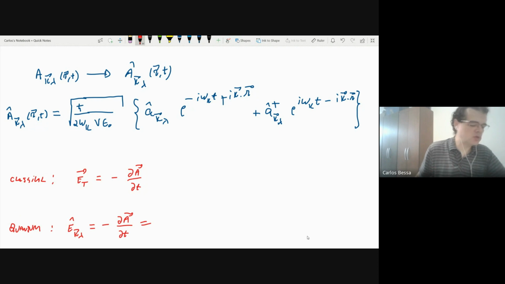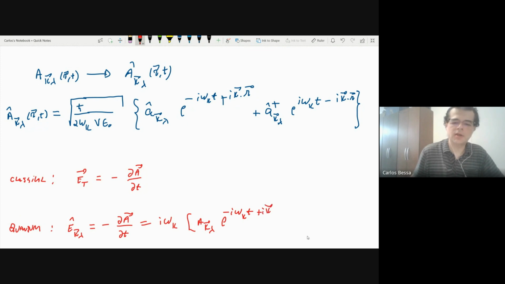So we just need to make the derivation of this in terms of t, and we will find this: i omega k, a, exponential minus i omega k t